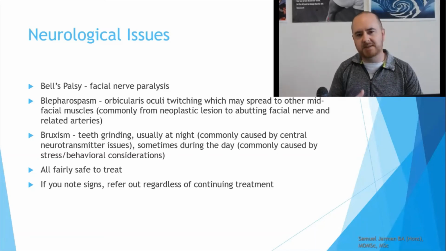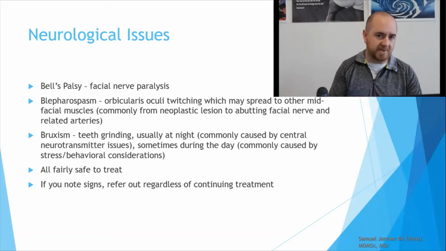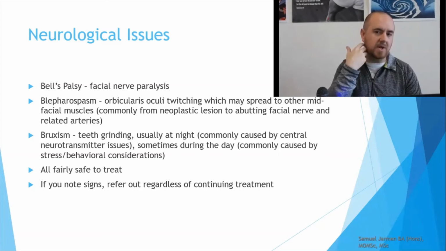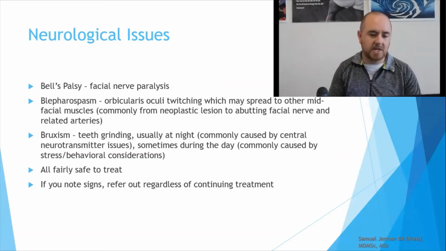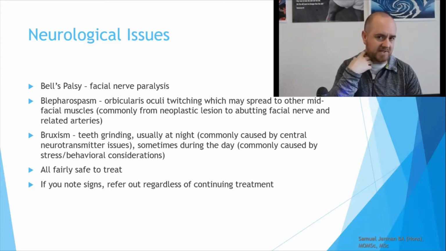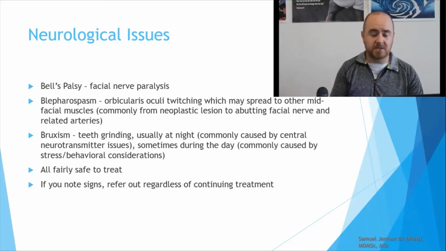And that may not necessarily be amenable to osteopathic treatment or hands-on treatment generally, but if it was going to be, you would be considering something in the soft tissue, and you would be considering the jaw, the mandible, and you would be considering the SCM as far as vascular supply is concerned. The nerve is going to be taken care of mostly by the mandible, and the vascular supply is mostly going to be taken care of if there is a relationship between blepharospasm and a nerve or an artery. That's where you're going to have an impact, if there's an impact to be had.